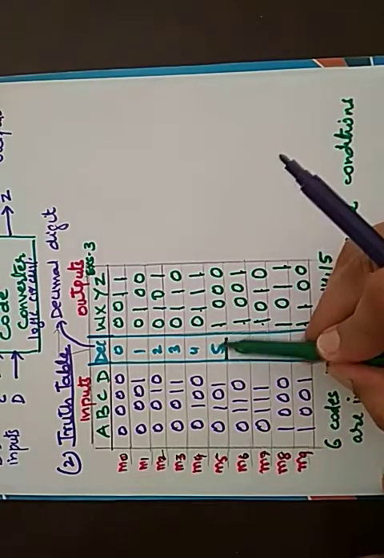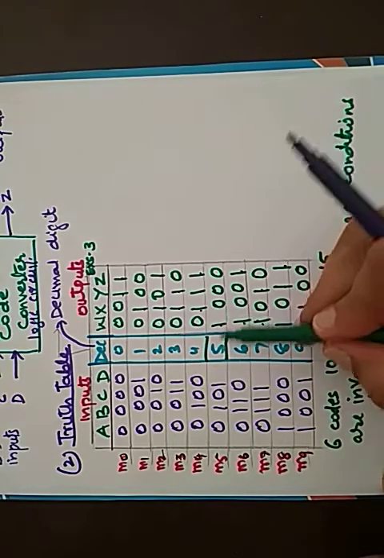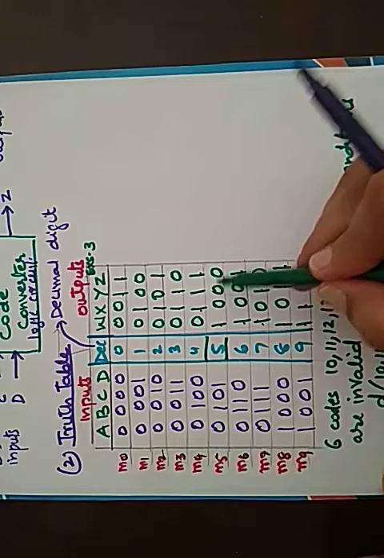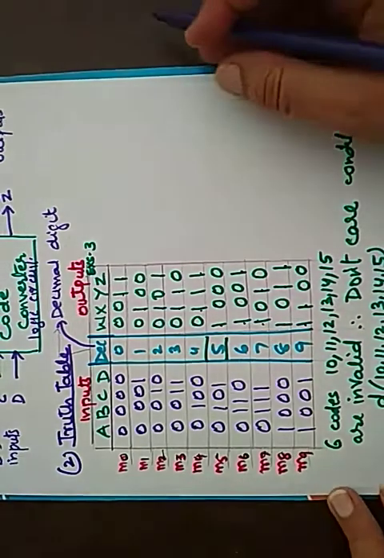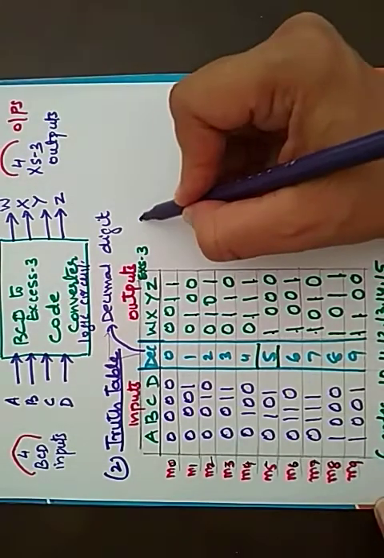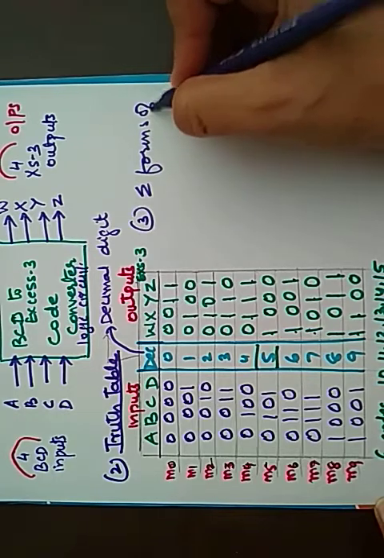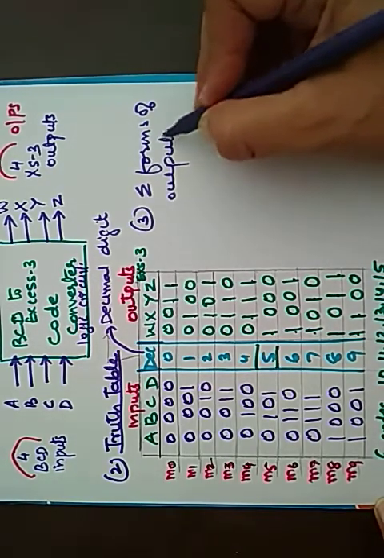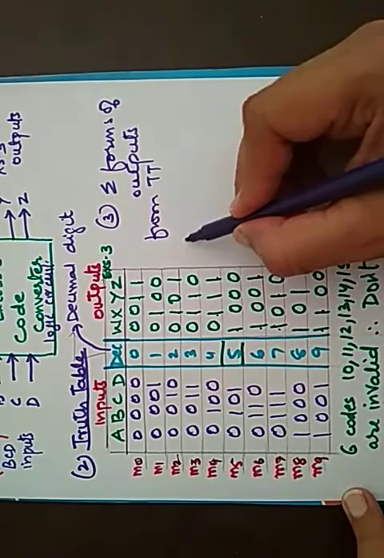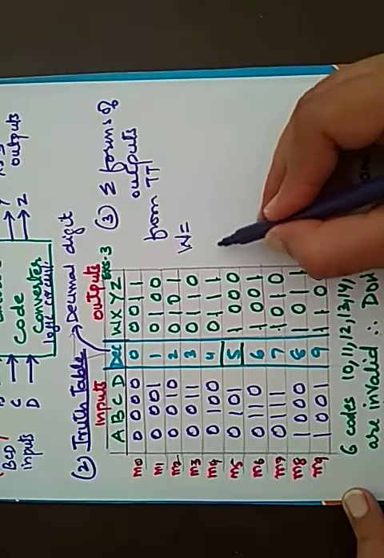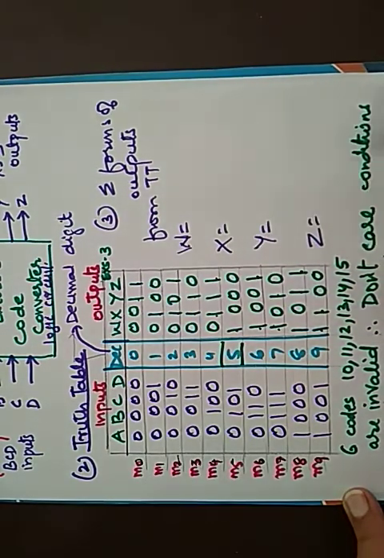For any number 5, the BCD code is 0101, its corresponding XS3 code is 1000. So after having filled the complete truth table according to the working of the circuit, the next step while designing a circuit is to write the sigma forms of outputs. In this case, from the truth table. So since we have 4 outputs, we need to write the function for W, for X, Y, Z.